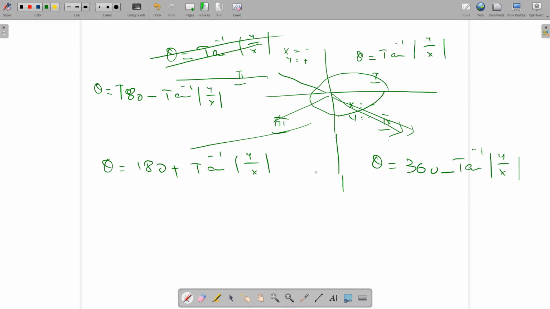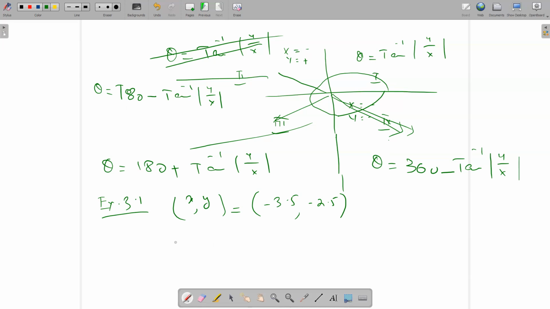After this, here you can see some examples and problems in the book. This is example number 3.1. Example 3.1 is very simple. He has given some x and y coordinates, minus 3.5 and minus 2.5, and you want to find the R value and theta value.